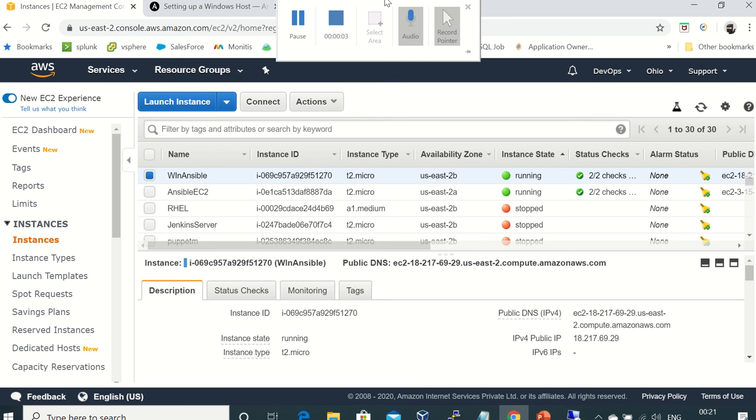Hello guys, in continuation to the previous video, I'm going to show you some of the playbooks for Windows machine. We will see how to run playbooks for Windows machine and how we can write some playbooks. Today we are going to see how we can fetch a file from Windows to Linux machines, or how we can push some files from Linux to Windows machines. So these three scenarios we are going to see today.